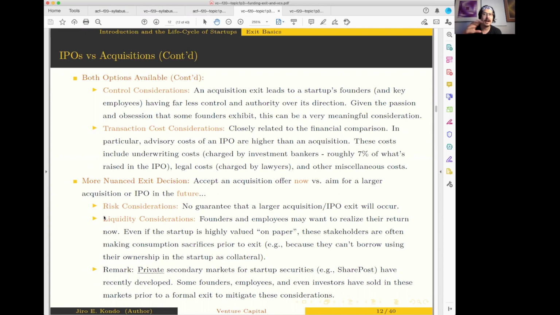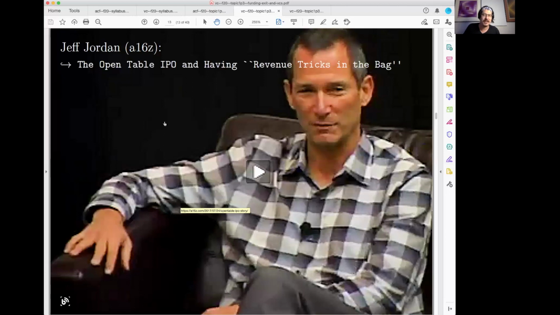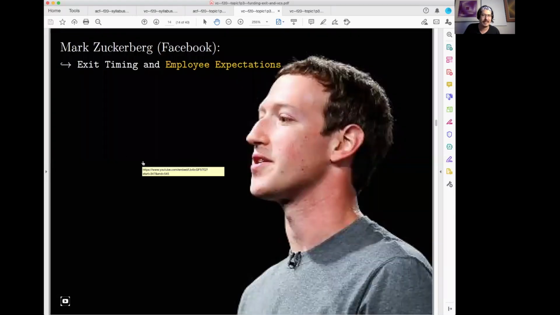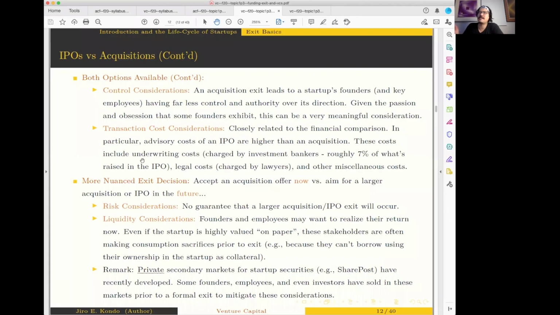And I hope that my course highlights that it's actually useful to do both. Think of things in terms of broad bread and butter themes like this, and it's useful to think about specific examples that uncover nuance like these, and uncover the reality that the real world does have a lot of nuance, and you need to be able to spot it, right? So yeah, that basically summarizes what I wanted to say about the exit decision in terms of acquisition now versus maybe IPO later, or acquisition versus IPO.